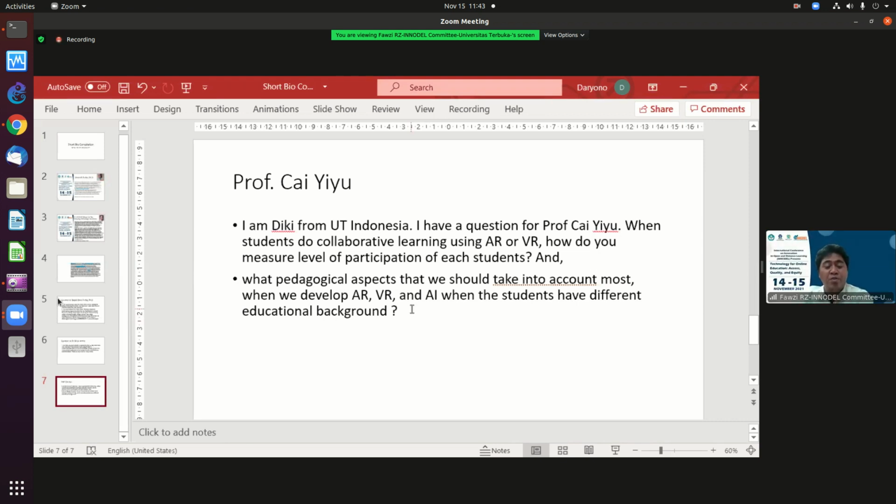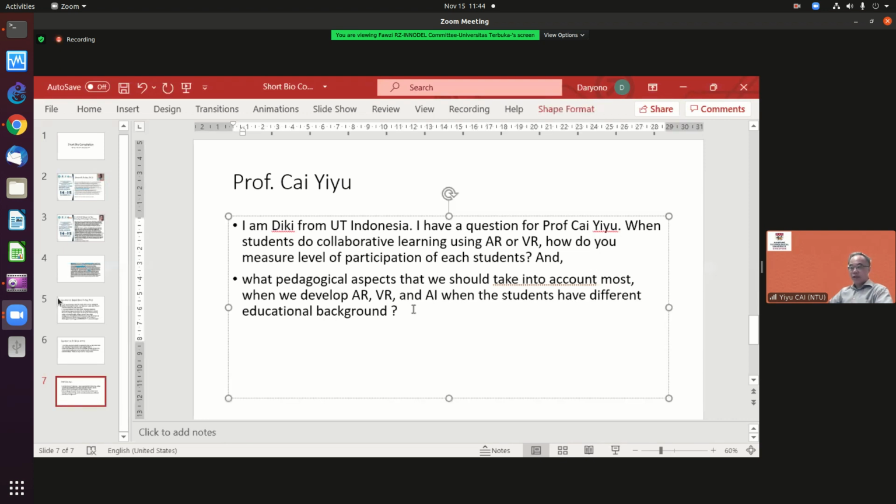And moving forward to the next question, from Aditya. What pedagogical aspect should we take into account most when we develop AR, VR, AI, when students have different educational backgrounds? Yeah, indeed, this is a very good question. Technology, we all use the same AR, VR, artificial intelligence, but different schools and different disciplines have very different context and content.